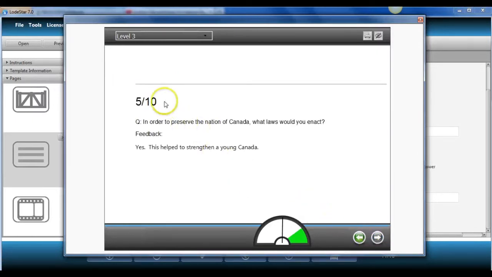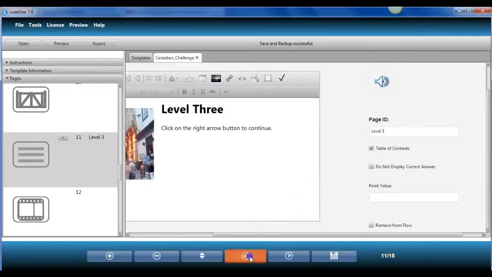And then finally, here we go. We got 5 out of 10 correct. Here was the question we missed. Here was the feedback. So this particular feedback could have directed me to a reading. It could have directed me to a chapter in the text, a video, anything to help me improve my score the next time. I'll put that away, and then now that I've tested this all out, I can go back